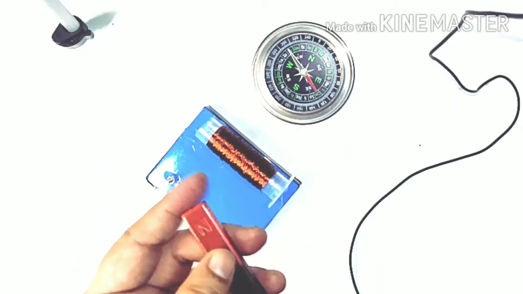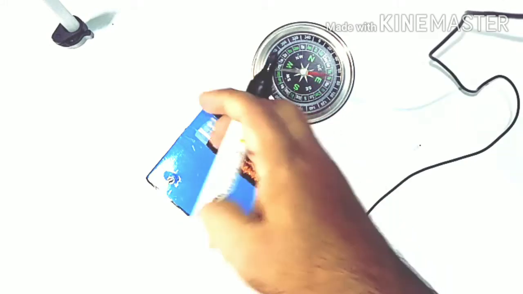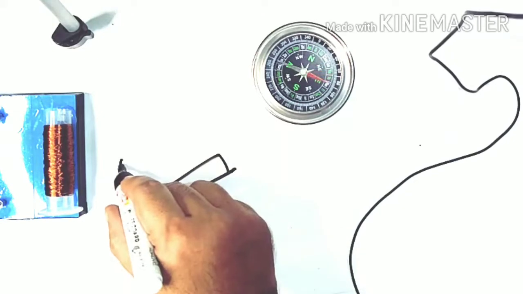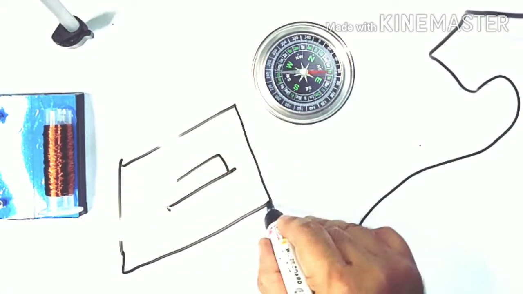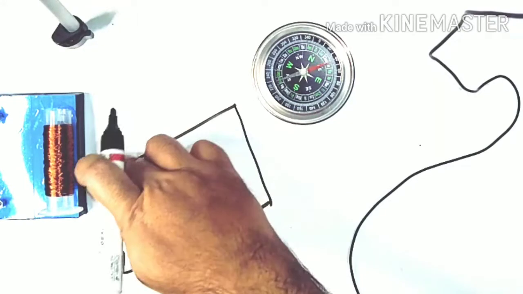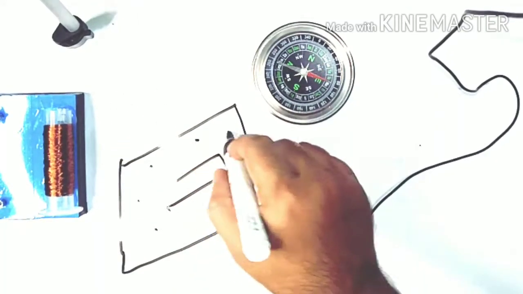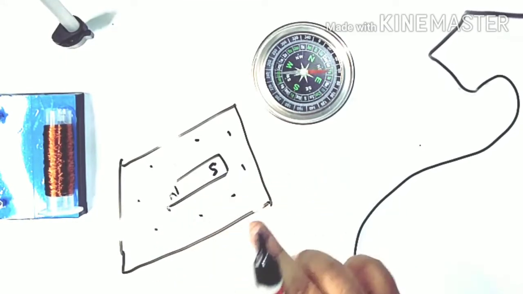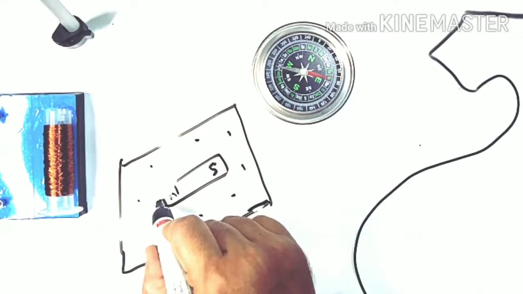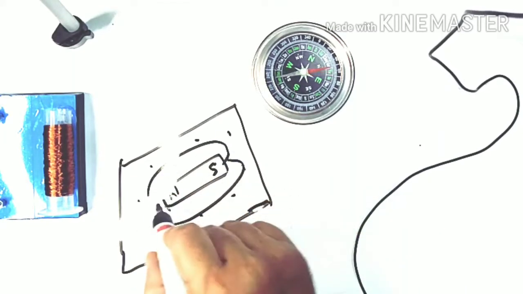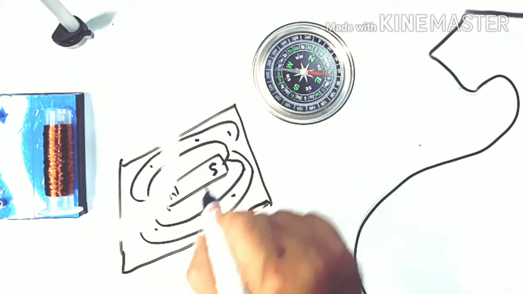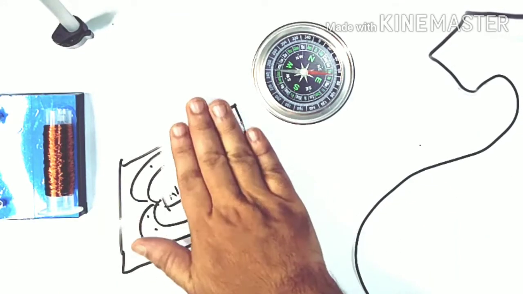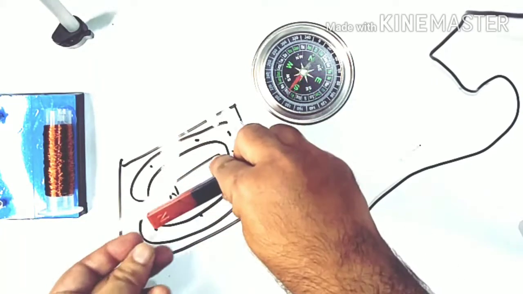You can remember one experiment you did in earlier classes. We took one magnet and kept a transparent surface, maybe a glass slab, let us say, and we had iron filings on that. One side was north, one side was south, and we tapped the surface, and we saw that all the iron filings got aligned in some particular direction, right? And we called that magnetic lines of force. You remember? The same thing happens whenever you are bringing a magnet here.